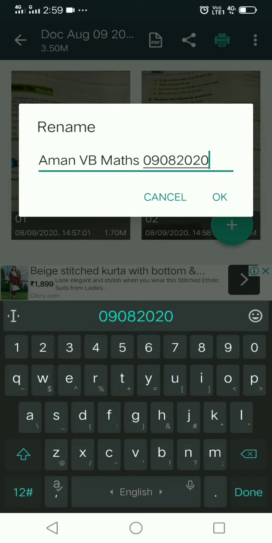09/08/2020, and here you will notice that I have not given any space, or used any connector in the date. So please try to avoid this. Put 0 in place of a space. Now I have given the name of the child, class, subject, and date. So be careful while writing this. This is a very important step that you have to follow.